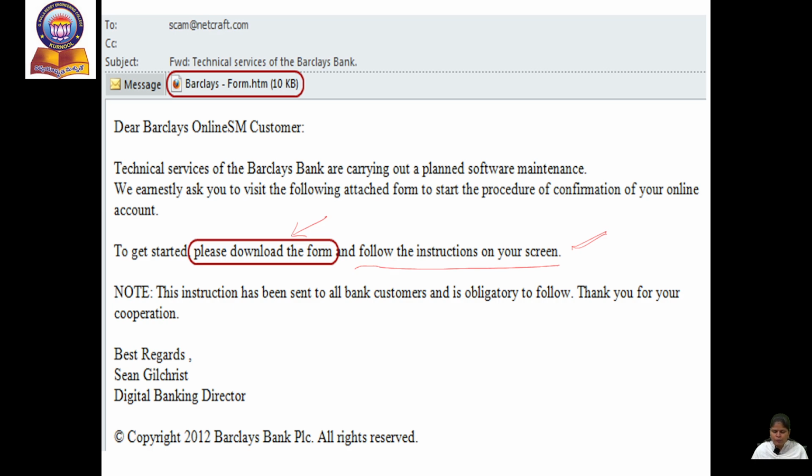Right? So before opening these types of mails, we have to cross check whether this mail ID is available or not, whether this type of mail is within the website or not. And while downloading this particular link, we have to cross check whether all the details being asked within it are genuinely needed or not, and whether they relate to personal information or not. That we have to check, and then we have to fill.